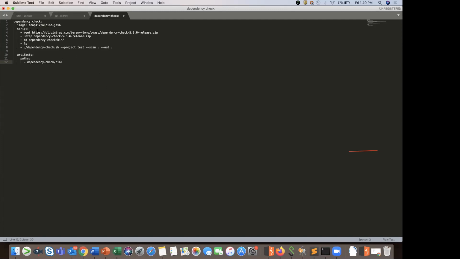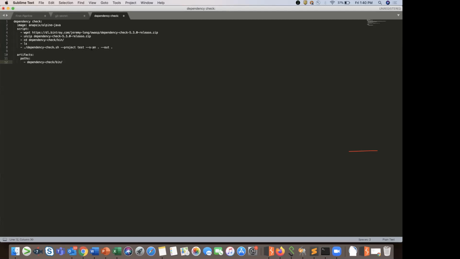After that, similar to the git secret step, we're going to get this zip file, the OS dependency check zip. After unzipping, we are going to run our command to scan the project. This is the command: dependency-check.sh --project, where any name will do, you're just naming your project.